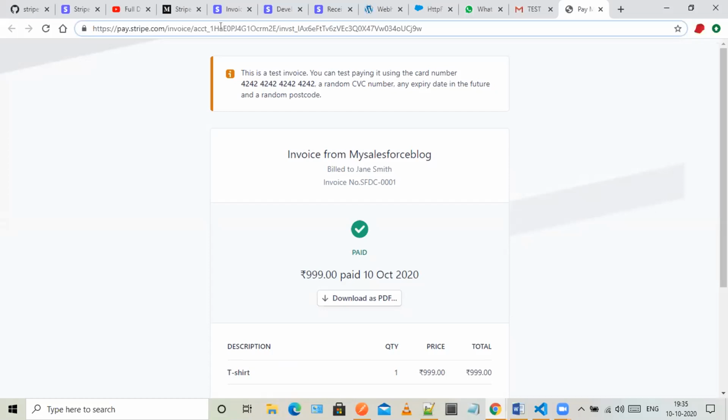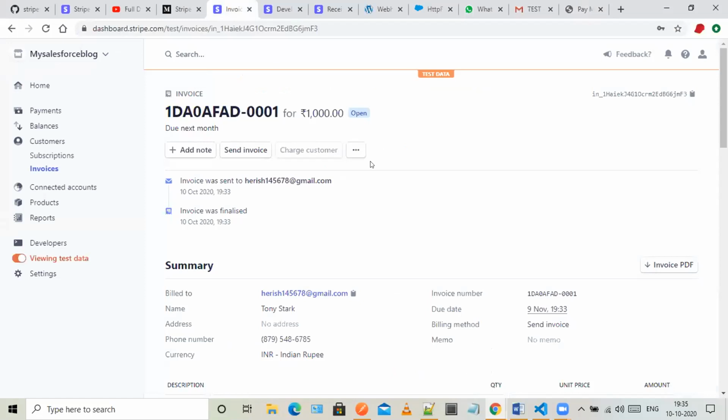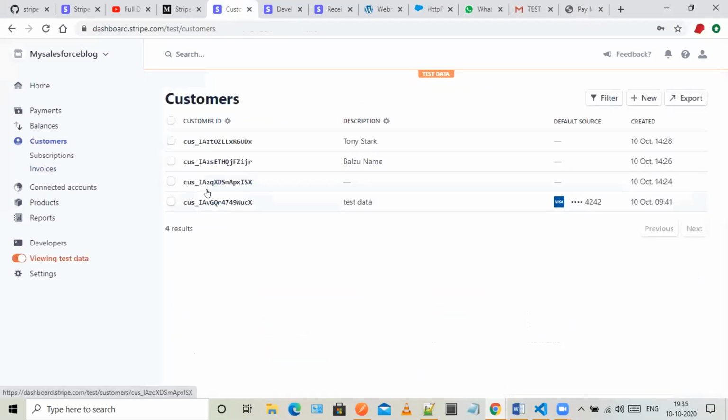If we have that API key and we now understood that we need to call that invoice object or create object in Stripe to create that invoice, then once we have created it, that mail is also automatically sent to the customer. Now, once the payment is completed, we need to capture this information back to the Salesforce record. So this is the part maybe we need to complete here.